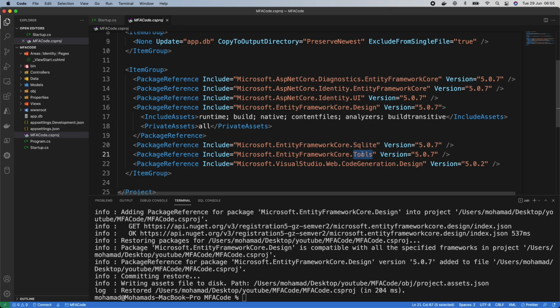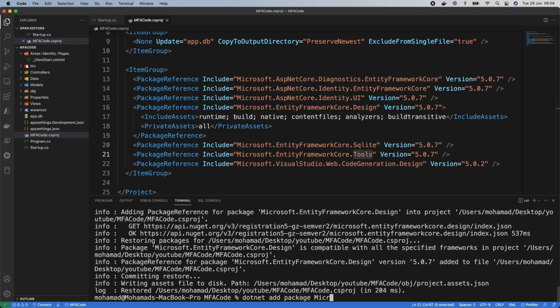The last one is going to be adding SQL Server. The reason we're adding Entity Framework SQL Server here is that within that package there are certain libraries which allow scaffolding to happen for SQL. We're not actually utilizing SQL Server, but we need some libraries within that package. So how do we add that? Also very simple. dotnet add package